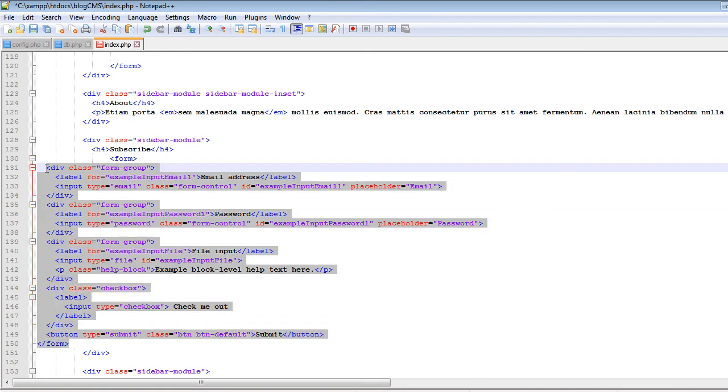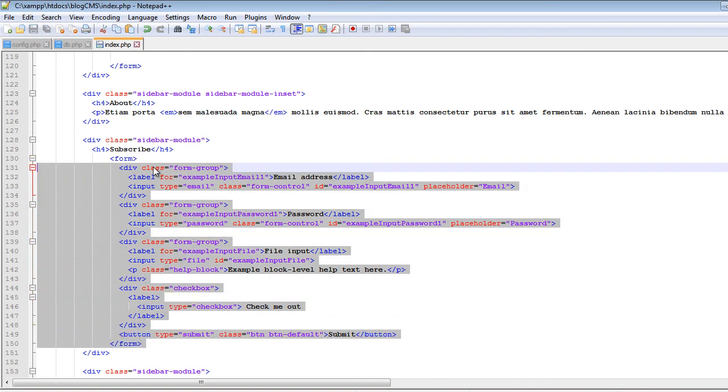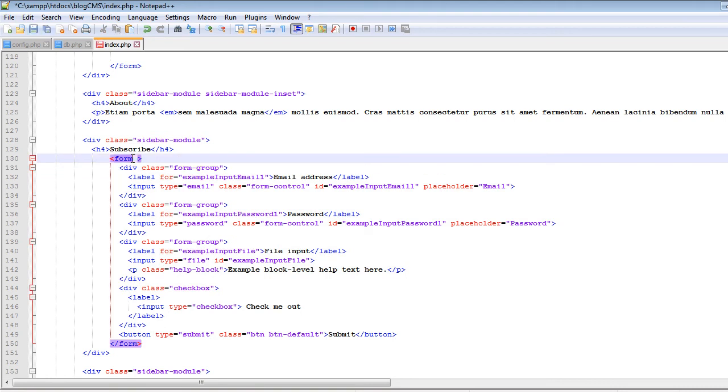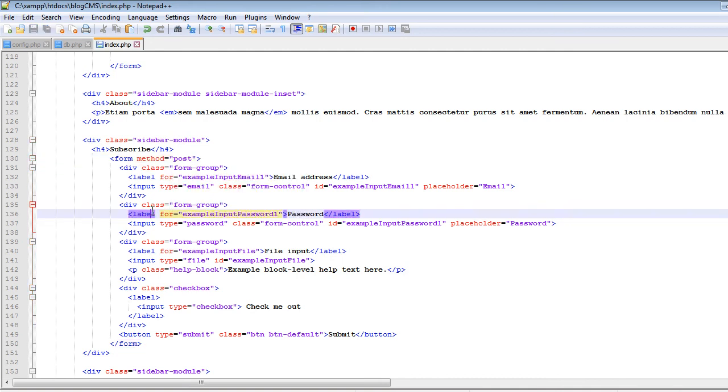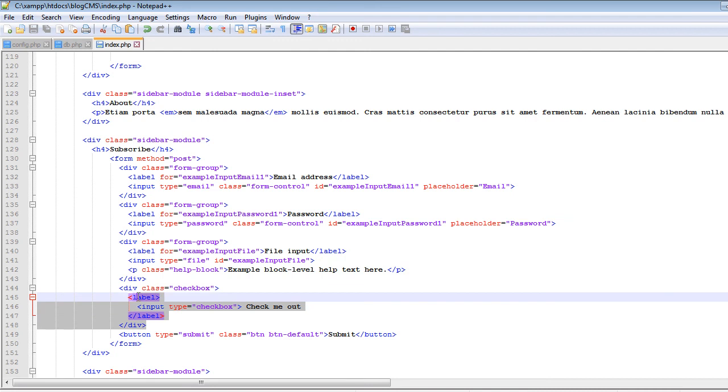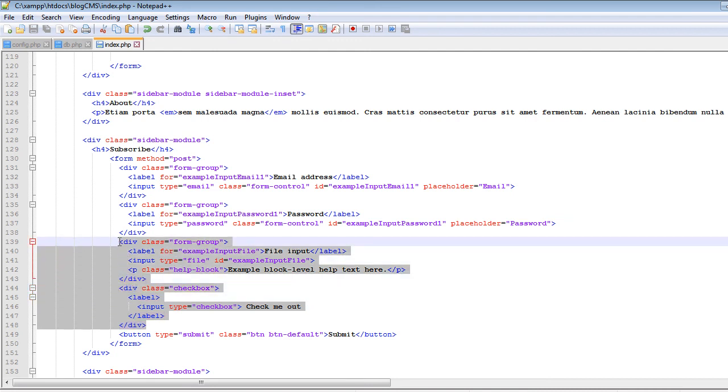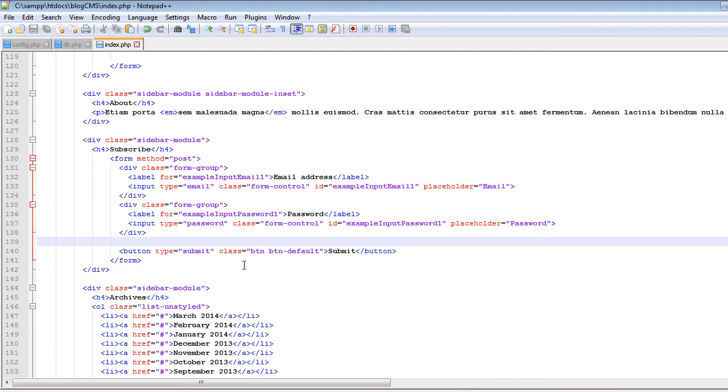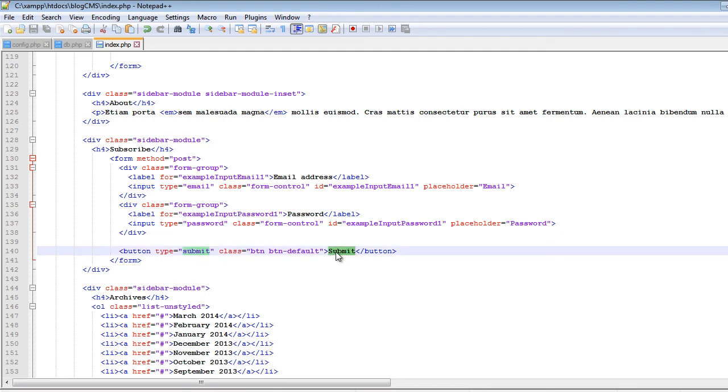and indent it. Let's add the method attribute to this form. Method will be post this time, so we will remove some of the form fields. We don't want this checkbox and we also don't want the file input, so remove these, and we will change the text of the button to subscribe, and the class of the button will be button primary,